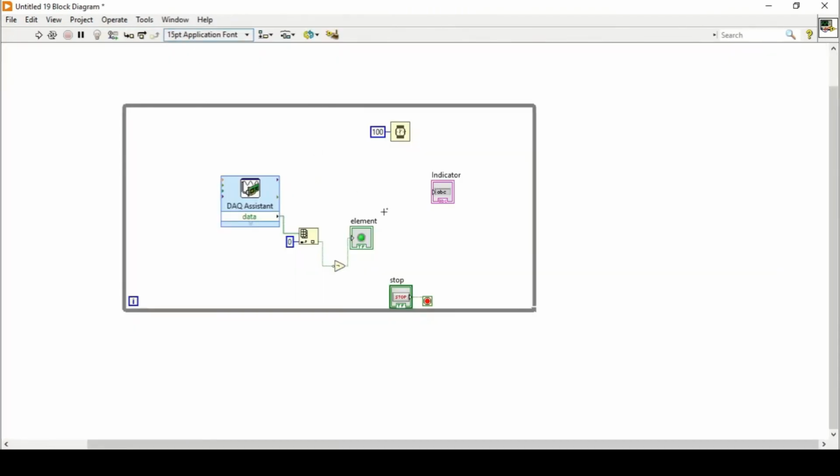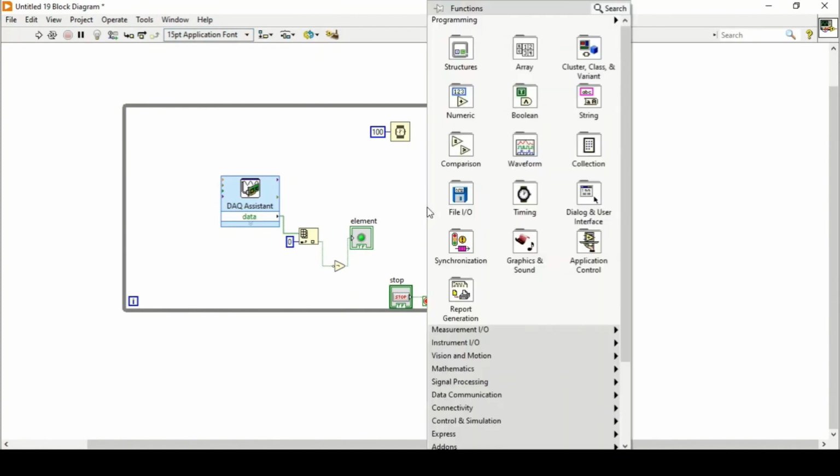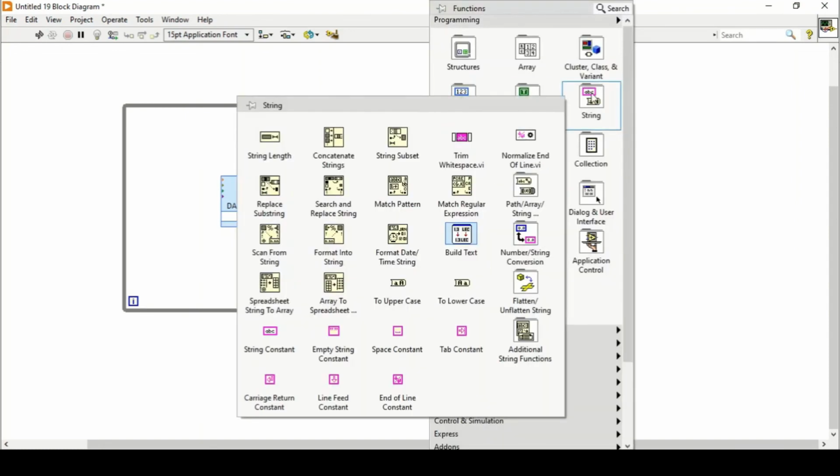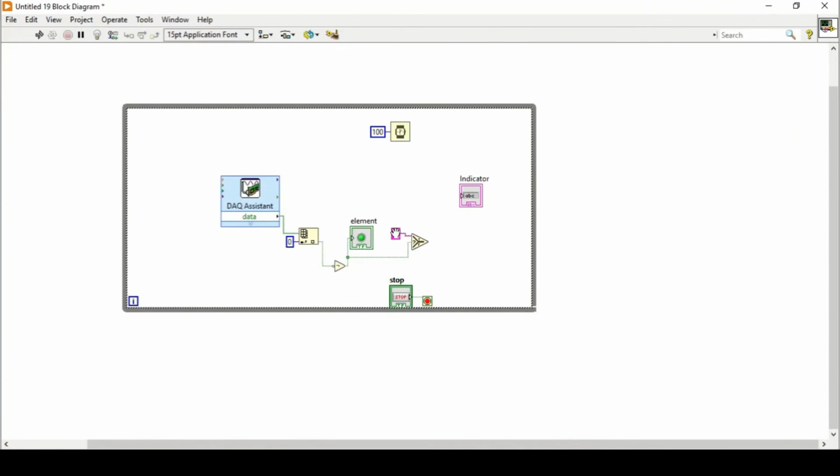So we'll go again to our block diagram, and here I will use a comparison function, in which I will use the select function. I will connect the output of the NOT gate, which is giving us the result whether it has detected something or not in the form of a Boolean. We will change this result into written form. So now it has two cases, true or false, like the LED turning on or off. So we'll use a string constant that will tell us whether it has detected something or not. And in the true case we will say